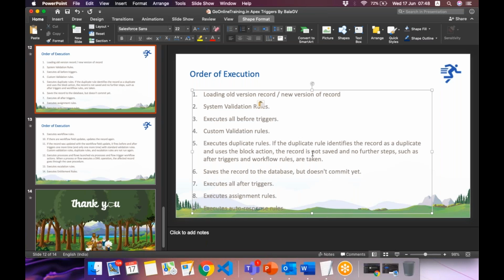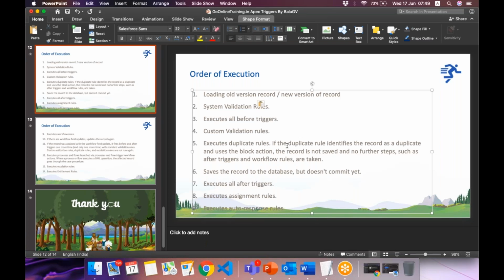There is a process called duplicate rules. We can set a duplicate rule if you do not want the user to enter the same data again. We'll discuss it later in Sales Cloud, and these duplicate rules will execute.